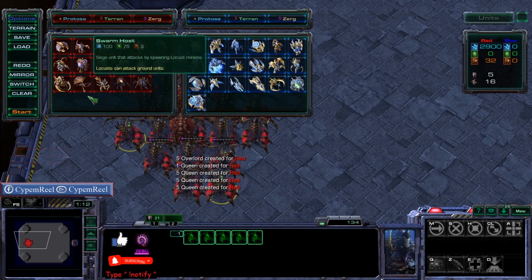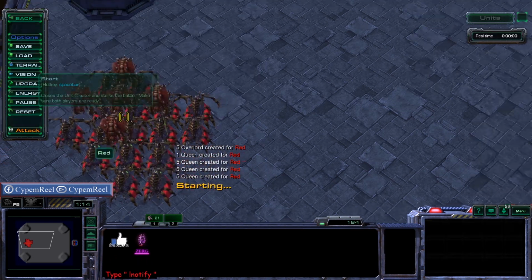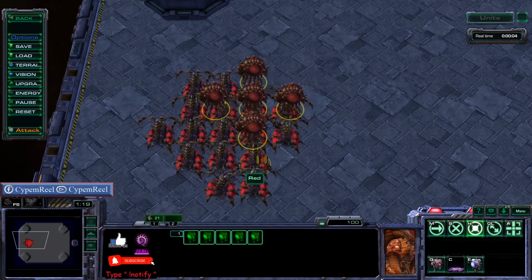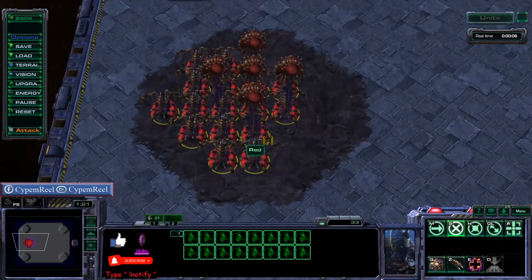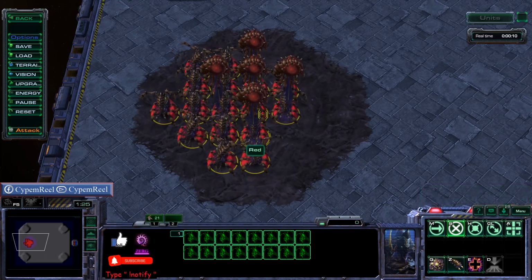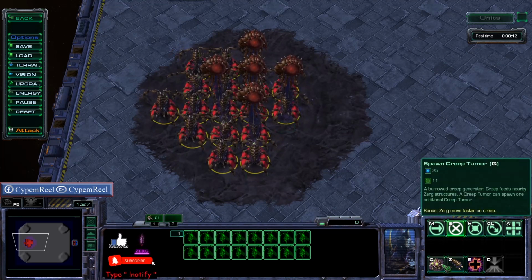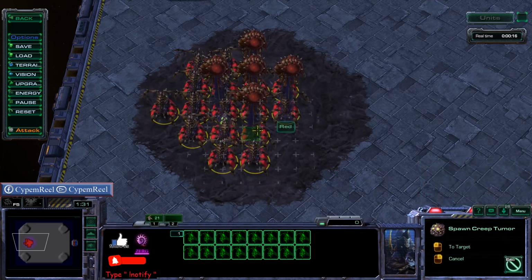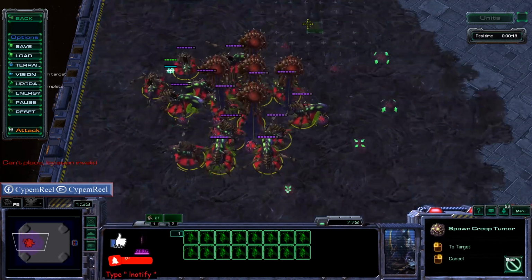for queens. Yeah, for queens. Okay, so for queens, let's say we have some creep. Therefore, I want to make tumors here. So what I do is, again, that's Q, hold on Q, and then, as you can see,